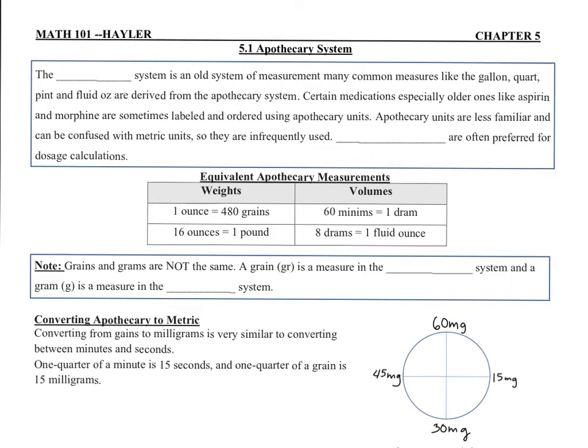Welcome to Chapter 5. So for 5.1, we're looking at the Apothecary System. Alright, so another sort of system of measurements. There are lots of different ones that do exist. So the Apothecary System